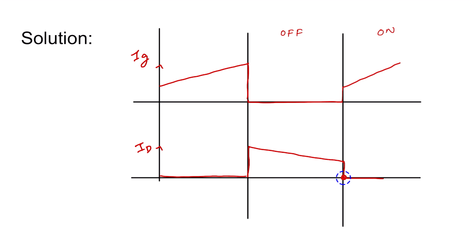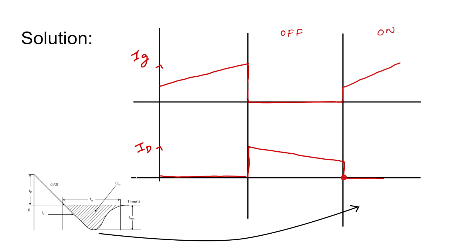Rather, as per the reverse recovery process, it decays linearly, then goes to a negative peak and then becomes 0 again. This is called the IRRM, that is the reverse recovery peak.